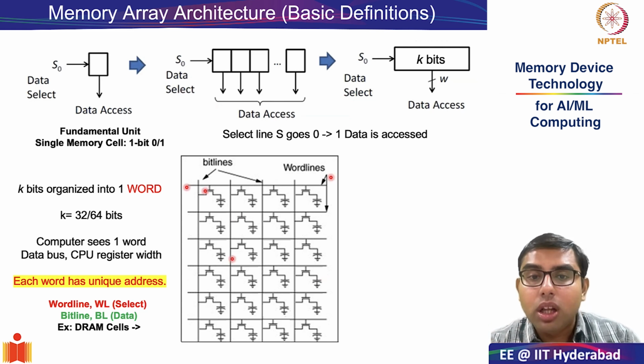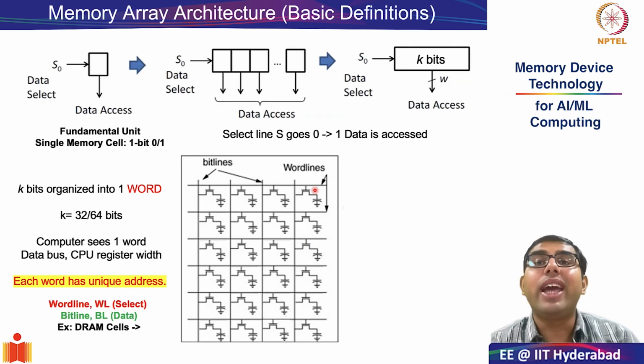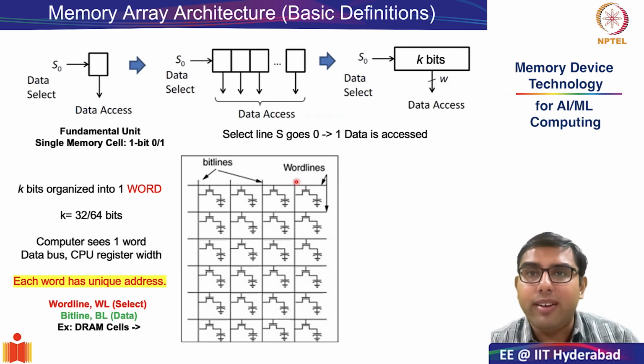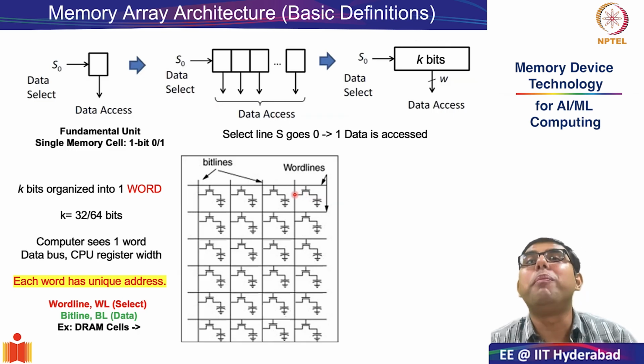So as you can see, there are individual word lines which are these horizontal lines. These horizontal lines are the word lines, and they are connected to the gate of the transistor. And as we know, if these word lines are asserted, that means it goes from 0 to 1, this NMOS which I have indicated over here will turn on. So in essence, what the word line will do is enable the transfer of information, or it will create a kind of connection or a short circuit between the storage node and the corresponding bit line.